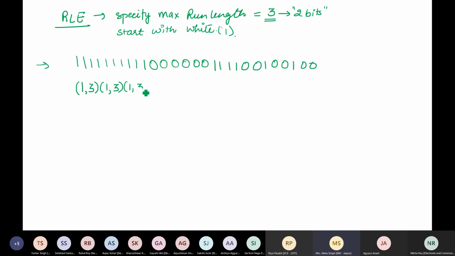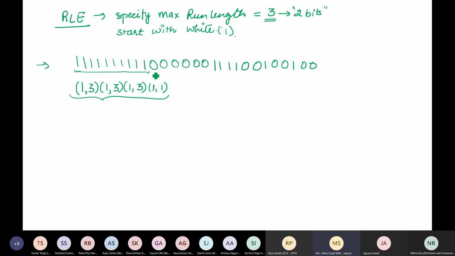The third time I will again write 1 has the run length of 3. It means total 9 is the run length till now. And lastly 1 followed by 1. Right? This much is the code for the 10 ones.